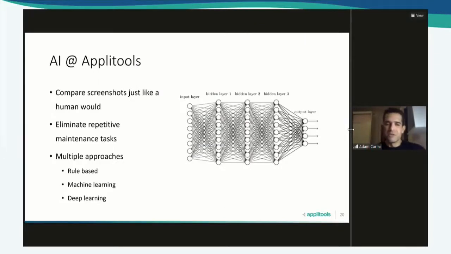If we look at what we do in terms of AI at Applitools, then basically we have what we call visual AI, which is a code name for dozens of computer vision algorithms that focus in two areas. The first area is being able to compare screenshots just like a human would. And there's a large spectrum of options here. On one hand is being able to ignore slight rendering differences that occur when you render the same screen with slightly dynamic data or a different screen or different hardware, or where